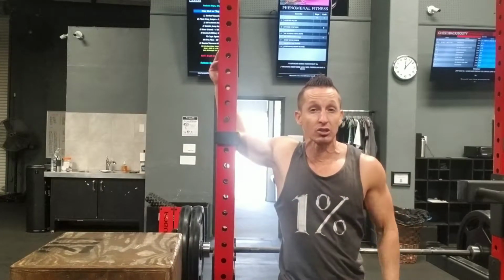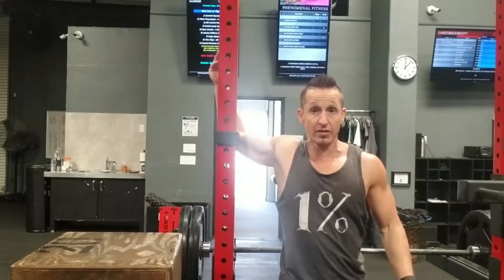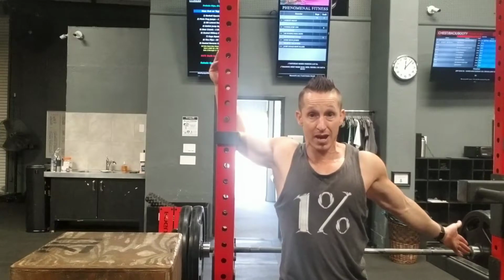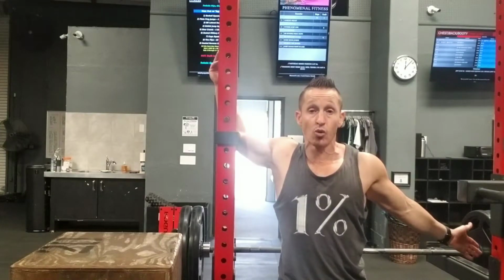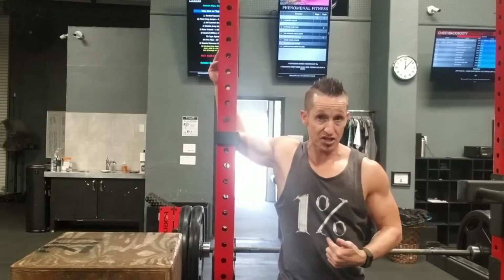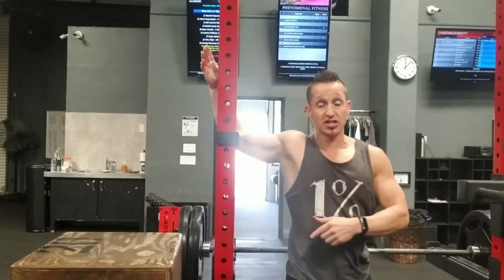It should feel a little uncomfortable, okay? And then if you want to make this a little more intense, if you pull this hand back, you actually get a little bit more out of it. And then hold this for a good 30 to 60 seconds. So roll it and stretch it, okay? You roll it and then stretch it. What you end up with is more mobility, your chest is opened up, and you've got more mobility